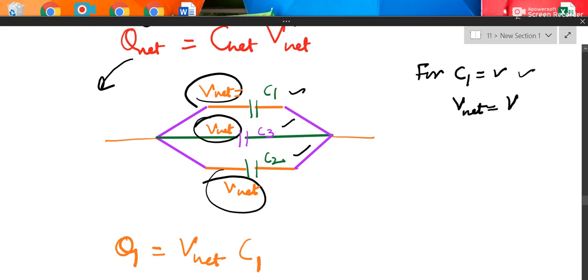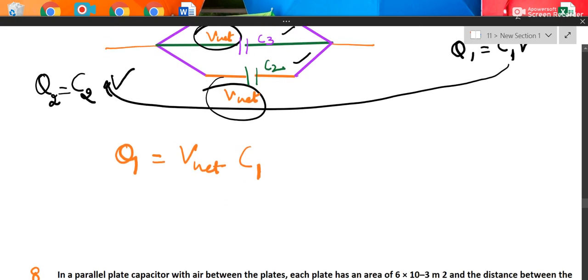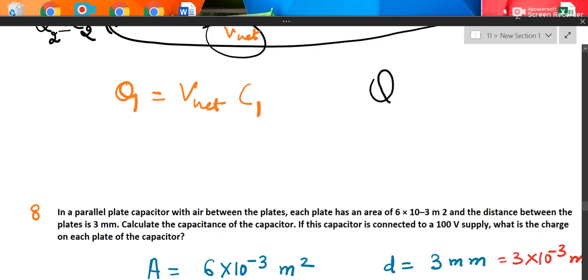Okay, so we have C1, we have V, so we can find the charge on it by this formula. Similarly, the charge on the second will be how much? Q2 will be C2, the capacitance according to the name, and the potential is the same, which is given. So this is how we can find the charge on each one. Suppose the charge on the third is to be calculated. So C will be of the third and V will be the same on each, equal to the given one.